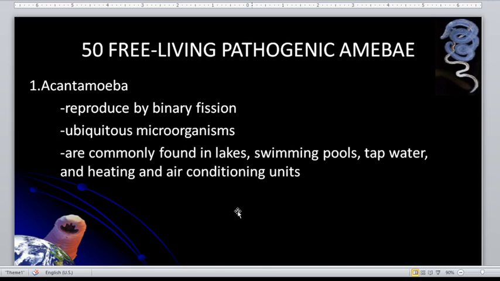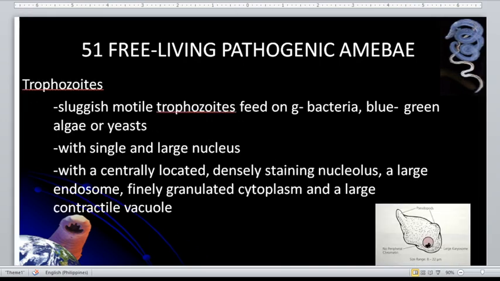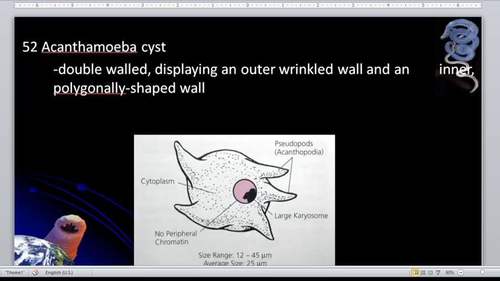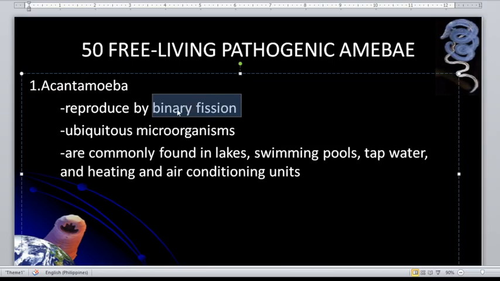Wait, I'll just look at it. I'm a bit doubtful because I think I read that it was through mitosis. Oh, see? Guys, the method of reproduction of the Acanthamoeba species is through mitosis. So please correct this one. It should be mitosis. They reproduce through the process of